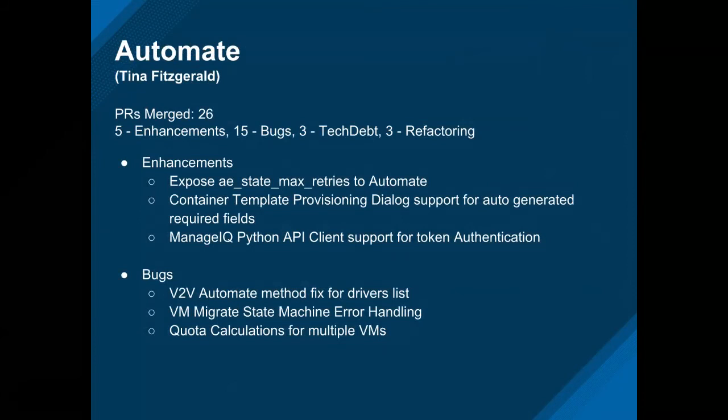Quota calculation for multiple VMs. We had an issue where the quota calculations were incorrect for cloud providers when multiple VMs were specified. And that's it for Automate. Next slide,